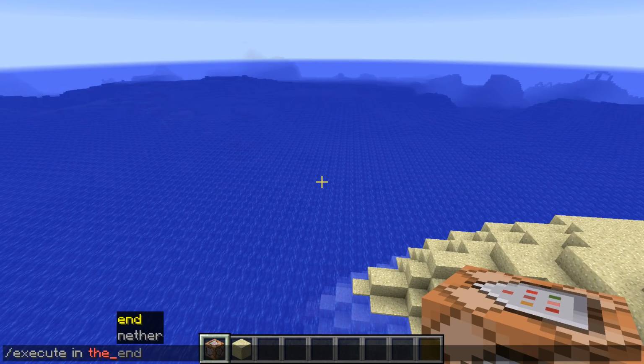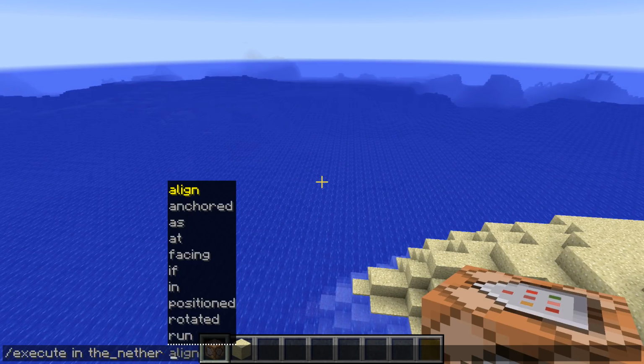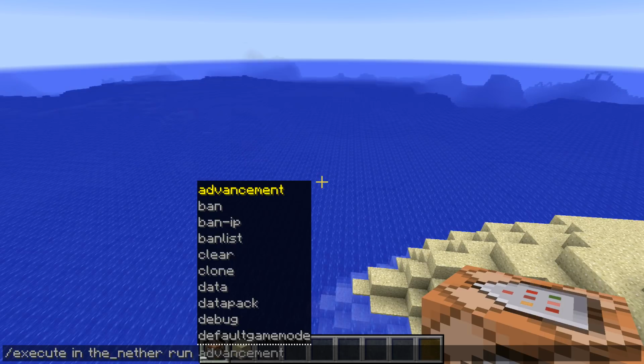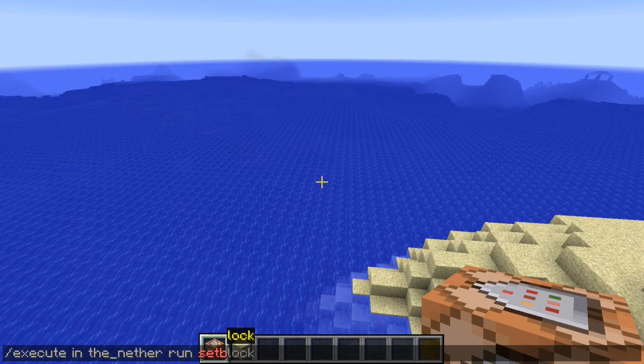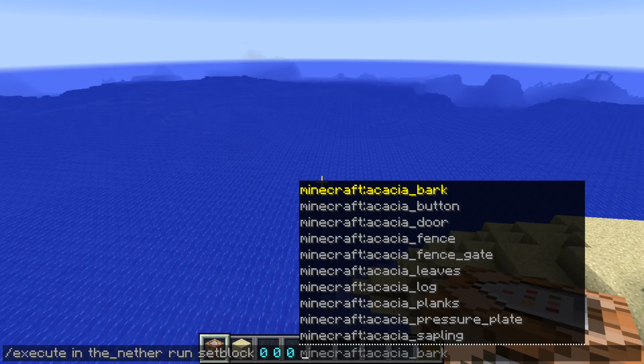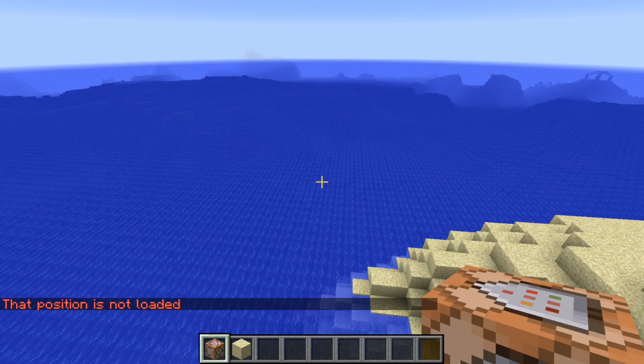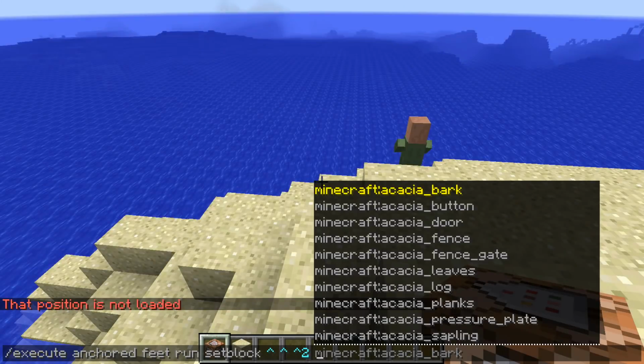Now, there's still the at subcommand that takes an entity name or selector, and that will now change the dimension, the position, and the rotation of the command to match that entity. You can now also do if unless score with the name and objective matches and then a range. We'll test for a score inside of a range, so you can test for 1 or above, or 1 to